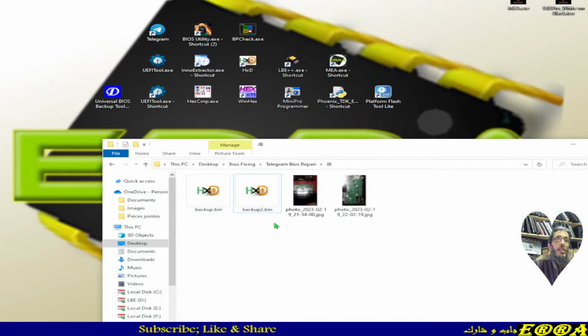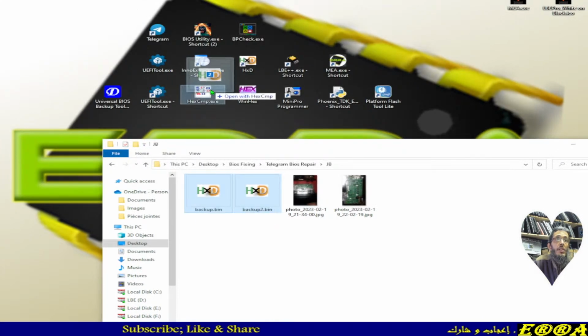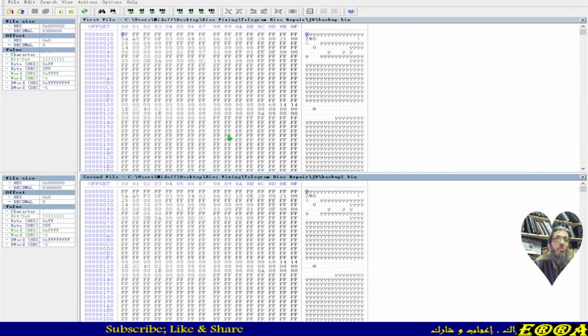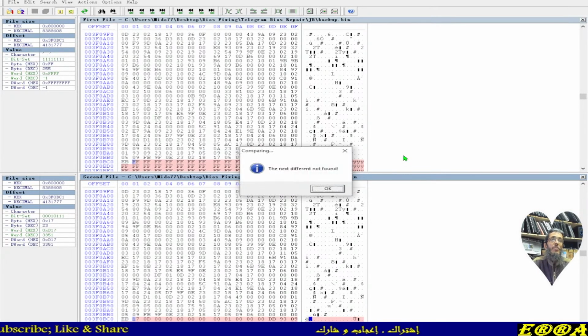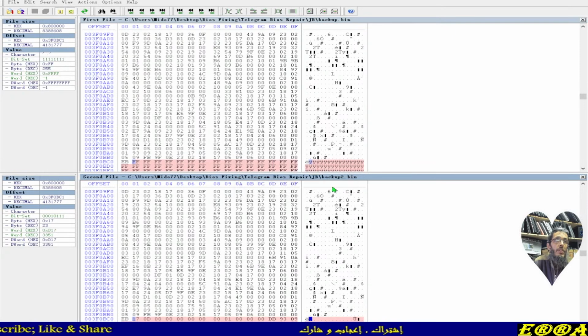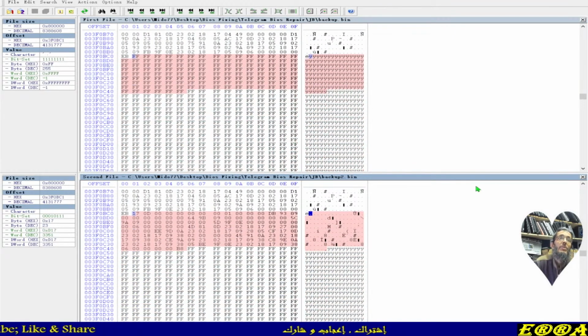Let's check these files with Hex CMP. Okay, both are open there, and we can use Control and right key to navigate to the differences between the files, as you can see here. So as you can see here, this is the only difference between the files.